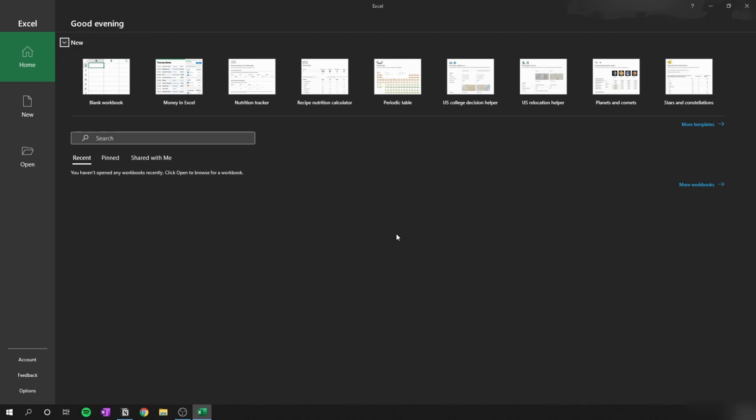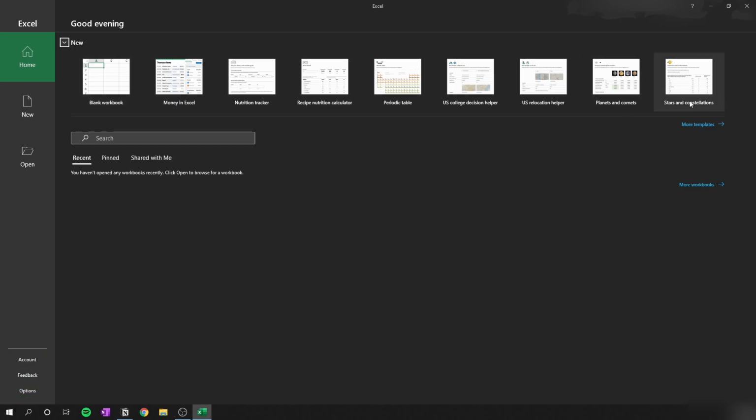The first thing we see when we open Microsoft Excel is this page where we can create a new file and open pre-existing files. If there are any files you have worked with in the past, they will show up over here. You can also pin your most used files that will make them show up on the top for quicker access. On the bottom left of the screen, you can find account and option settings, while on the top